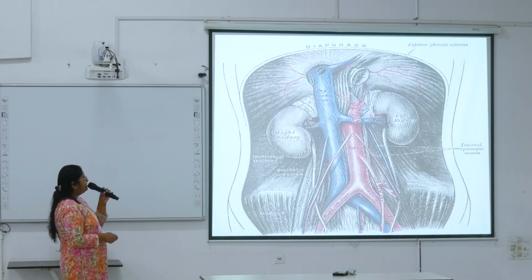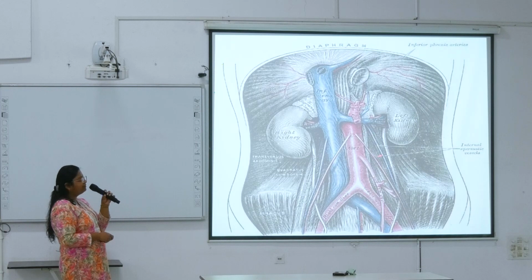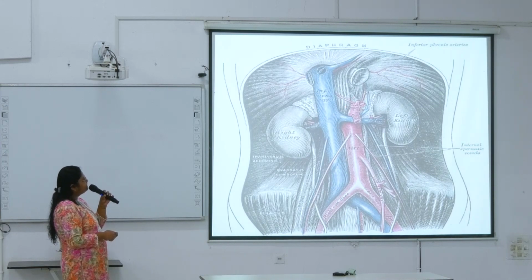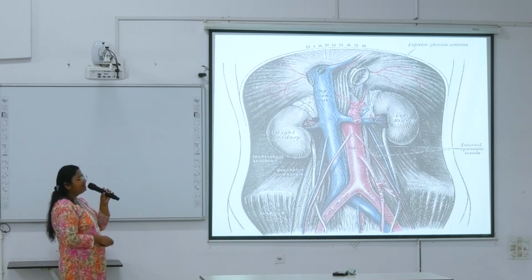And these are the gonadal arteries. For male, it will be the testicular artery. For female, it will be the ovarian artery. After that, there are some ventral branches: celiac trunk, then superior mesenteric artery and inferior mesenteric artery. And these are the two terminal branches, two common iliac, right and left common iliac, and posteriorly here one branch is going downward, that is the median sacral artery.